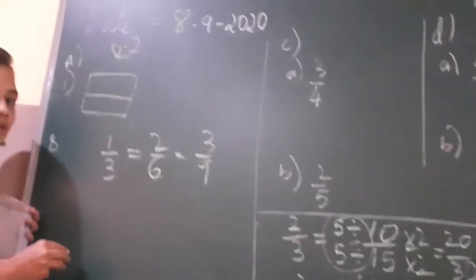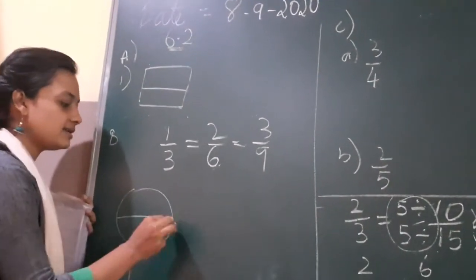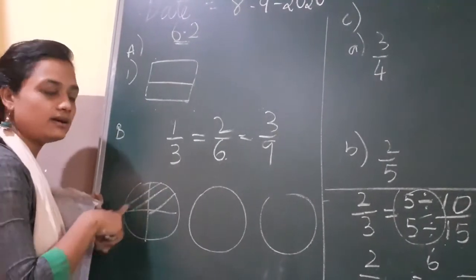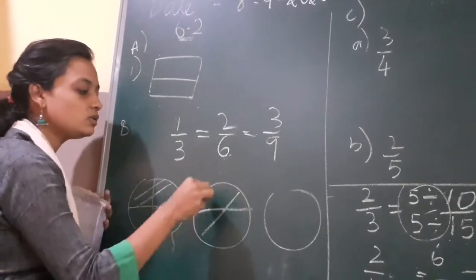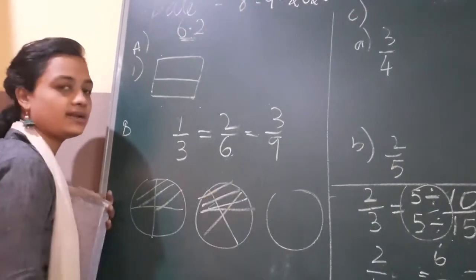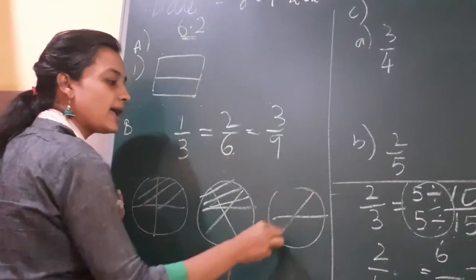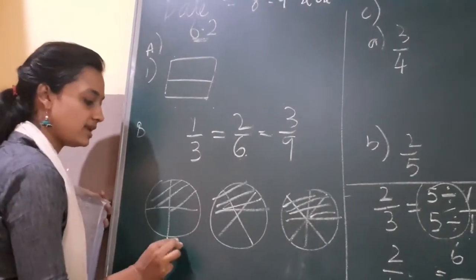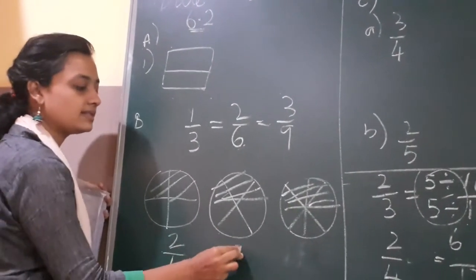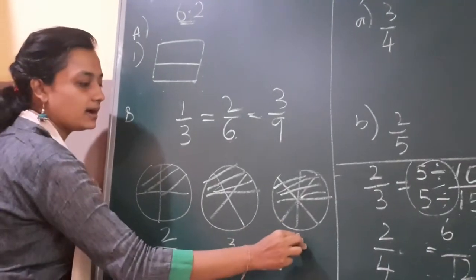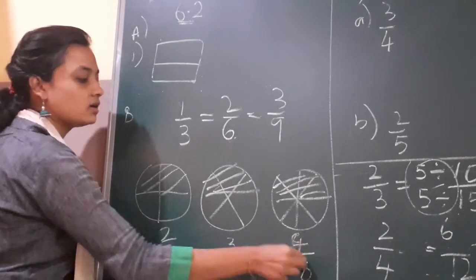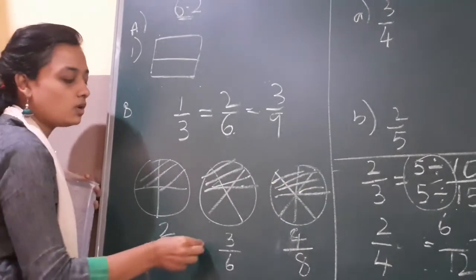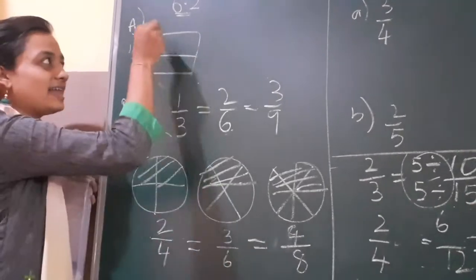So you saw in the example, children, I had this figure here. I had the circles. This one is divided, and I shaded half of it. This was divided into 6, and half was shaded. And this was divided into 8, and half was shaded. Even though the numbers are different, this is 2 by 4, this is 3 by 6, this is 4 by 8. All these are half, because half is shaded in each. So these all are equal. That is what they are asking us to do here.